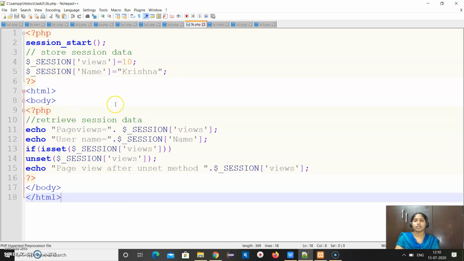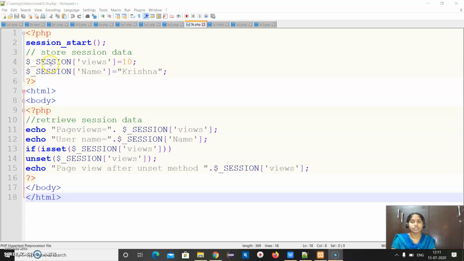To start any session, we need to use session_start. Right after the PHP program starts, we immediately need to give session_start. And for destroying any session, we can use session_destroy. Now if you want to store any data in these sessions, you need to store it with the help of a super global variable, that is, $_SESSION is the super global variable for setting sessions.